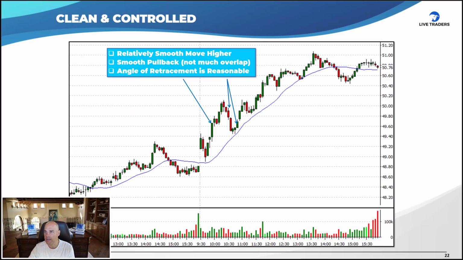Okay? Now, how about this? Clean and controlled. Here's a stock that gapped up, had a shallow pullback, ripped, and pulled back. Now, some of you might get caught up in that red bar, and I could see it, but generally speaking, this was a nice move up, and this is not a big, wide range red bar. It's just a little narrow range resting red bar. So while I get it, some of you are going to hang your hat on that little red dot,